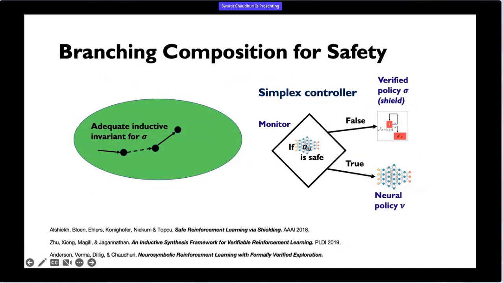You have a symbolic controller for the car that is very safe, but also not very efficient. You have a neural network that is more risky, but can possibly perform better in terms of your performance objective. So then, you could imagine a situation where you have an if-then-else branching composition where